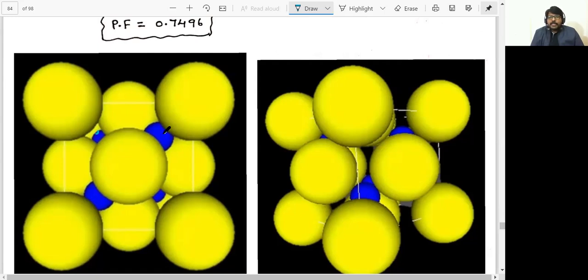And most importantly, this Zn+2, since it is occupying a tetrahedral void, straight away we can say it is surrounded by 4 sulfide ions. Therefore, the coordination number of the cation is 4, because a tetrahedral void is surrounded by 4 spheres, right? And the coordination number of the anion: the sulfide ion is surrounded by how many Zn+2 ions? The sulfide ion is actually surrounded by 4 Zn+2 ions.